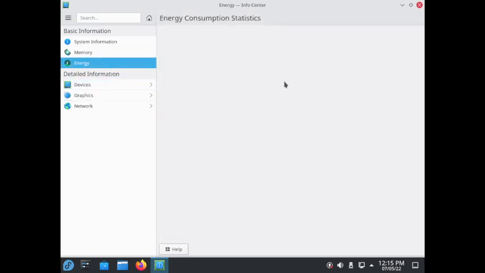Now let us check out the energy consumption statistics. It should come. Okay, this is not, I think, directly connected to